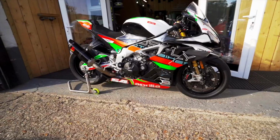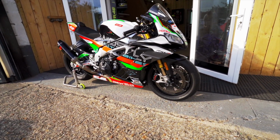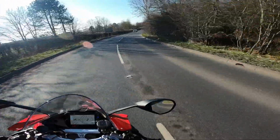The Aprilia feels wider as well, just a bit wider here. This feels like a small bike. This definitely, I know it is a bit, but this feels lighter. You can tell just manoeuvring it around and low speed stuff. The Ducati is definitely lighter